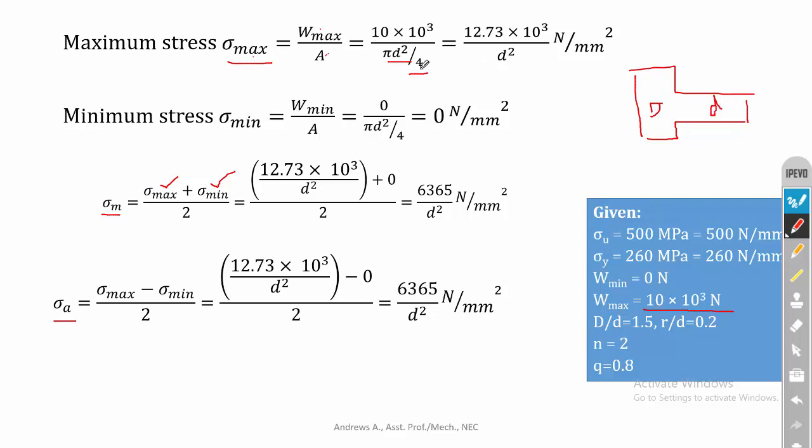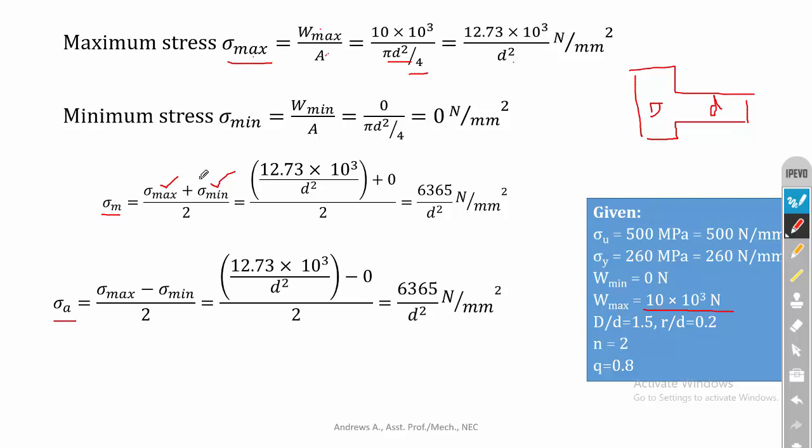Here I have substituted the value of small d because the smaller area is subjected to high stress values. In the larger diameter, that is in the larger area, the stress is distributed, but in the case of the smaller diameter, the stress magnitude will be higher. So these small regions are subjected to high stress. That is why I have substituted small d here. If you solve this, finally you will get 12.73 into 10 power 3 divided by d square Newton per mm square.